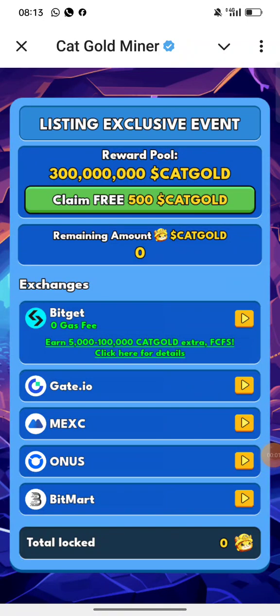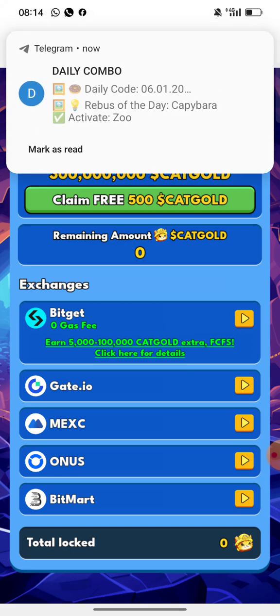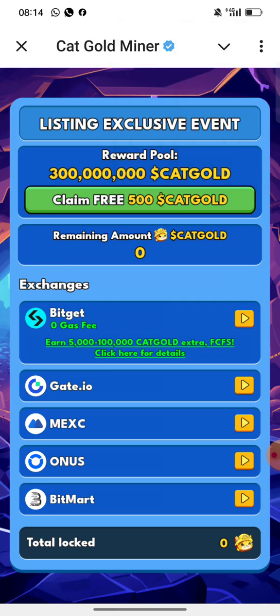Today I'm talking about CATGOLD because CATGOLD is listing in 4 days time right now. So there is this thing I want you guys to know. I thought I should show you guys because you'll be earning 500 CATGOLD worth of 1 point something dollars on that pre-listing price. So right here, right now, I'm going to show you guys how to get the